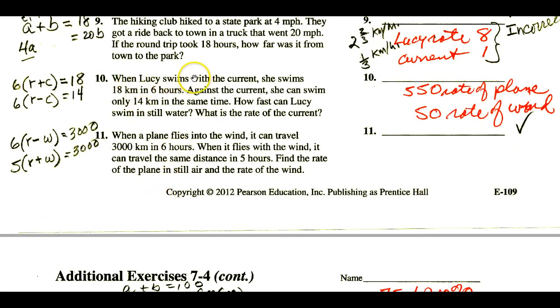When Lucy swims with the current, she swims 18 kilometers in 6 hours. Against the current, she can swim only 14 kilometers in the same time. How fast can Lucy swim in still water? What is the rate of the current? Okay, now